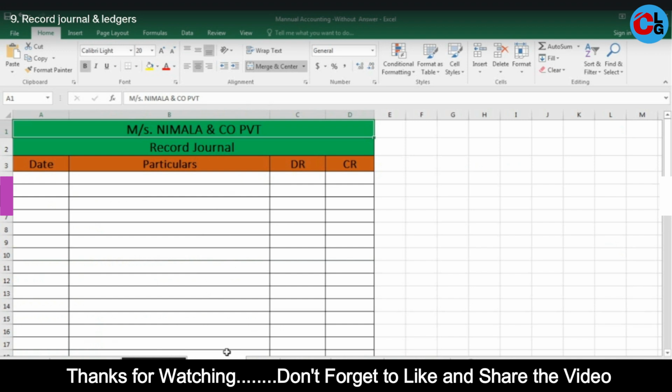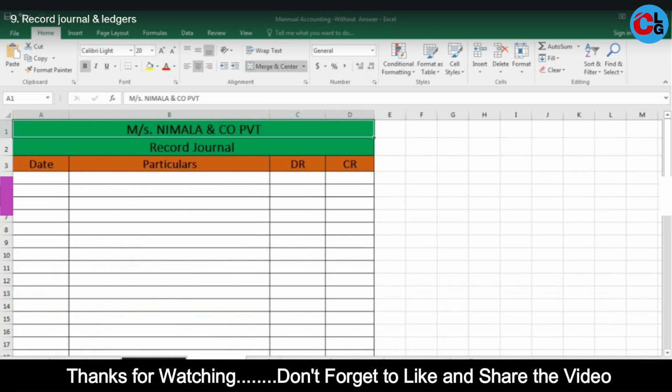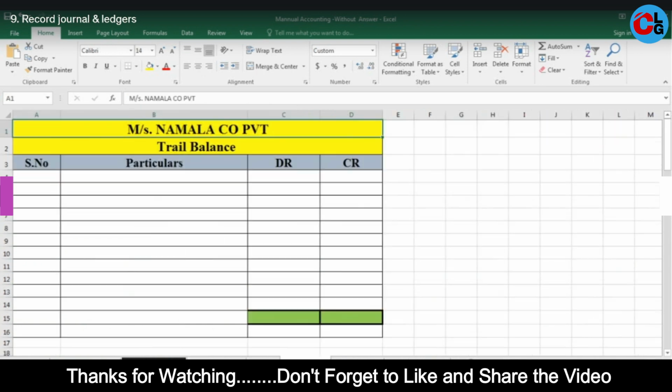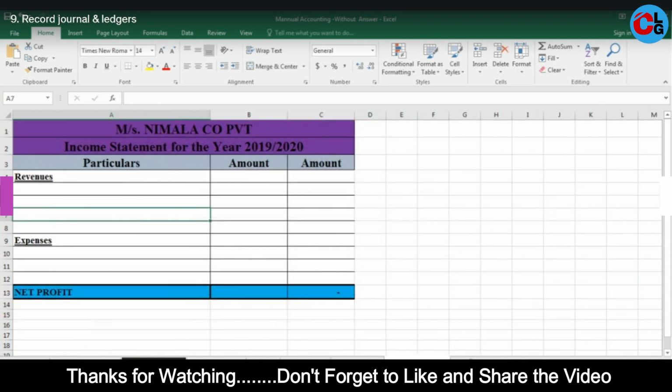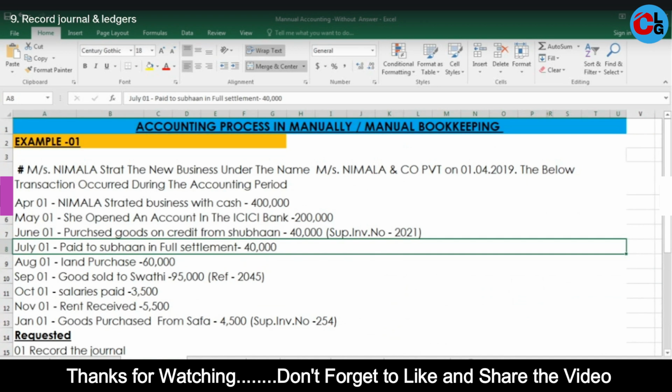Then each journal record we have to transfer to the ledger, from the journal records to the ledger. After that we have to create the trial balance. After that we can create the balance sheet and income statement, right? So first we have to record the journal. The first transaction is that on April 1st Nimala started business with a